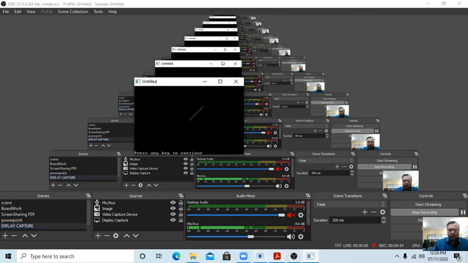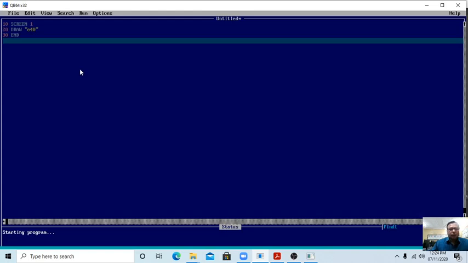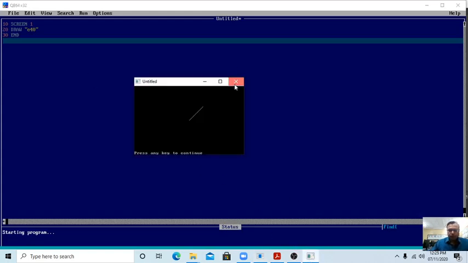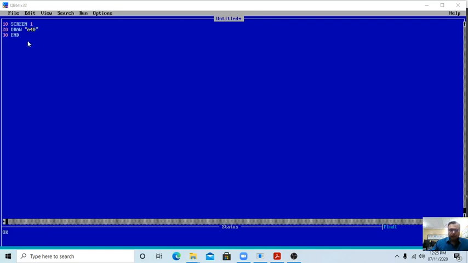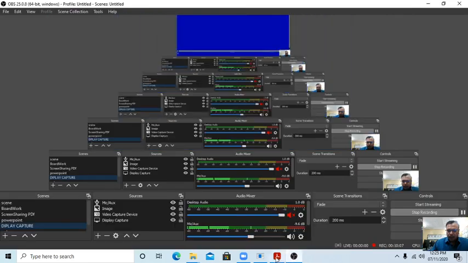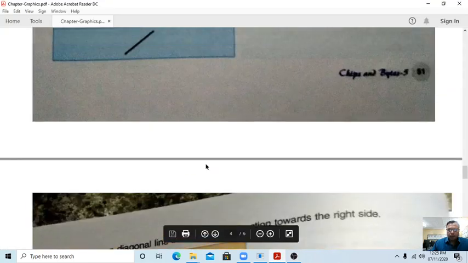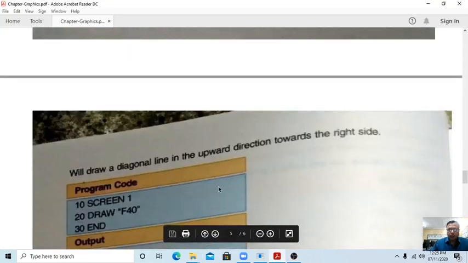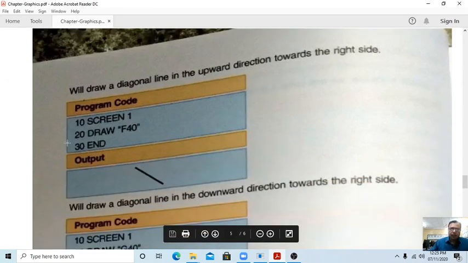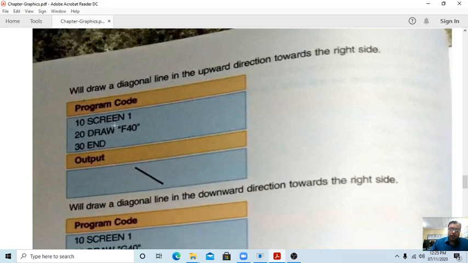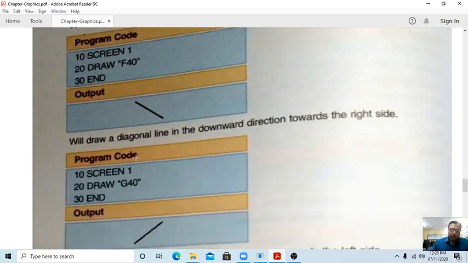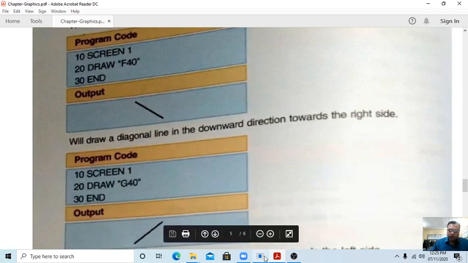Okay, now next, students. This is completed, E40. How can we draw the diagonal lines from upward toward the right side? Now next one is in the place of E, F. We will write the F, and this will draw downward direction towards the right side. Okay, so now students,